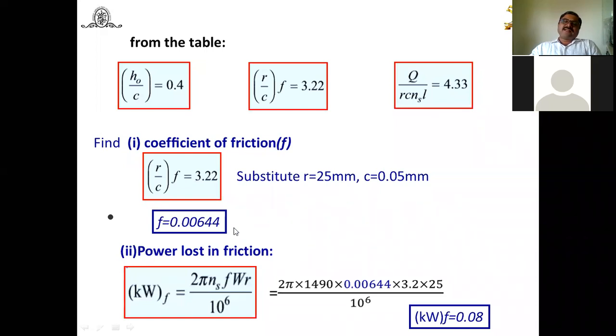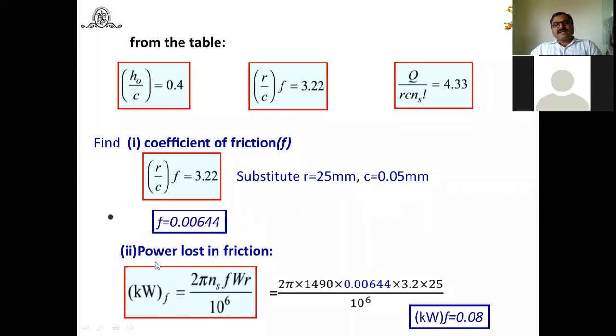And again, in earlier sessions, we have seen that during McKee's investigation, or Petroff's equation, is also helpful to find the value of the coefficient of friction. During that time, I also told you the Petroff equation is not applicable nowadays practically, but it helps us to get these parameters associated with friction. Again, it helps to find out the frictional power and frictional torque. That's why this coefficient of friction plays an important role.